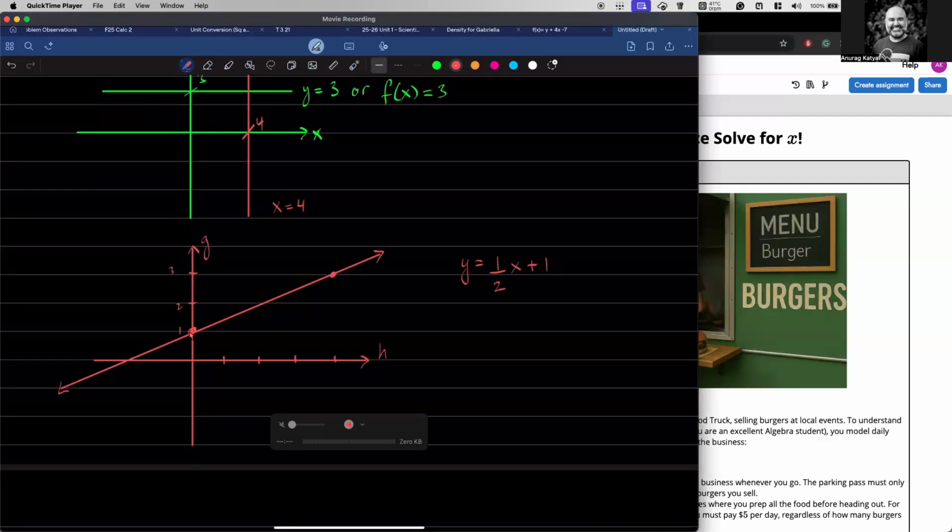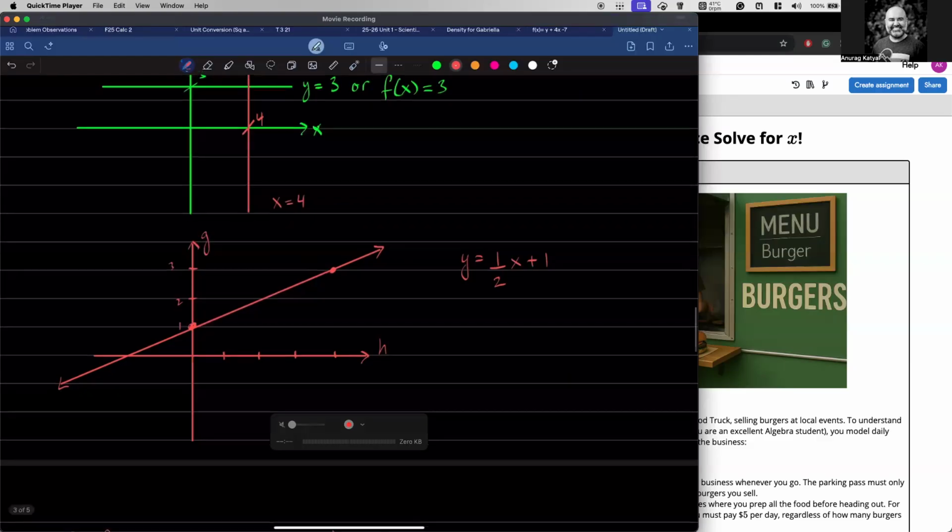And then for slope, can we do a little rise over run dance? So if we start here, how high do I have to go? How many units? 1, 2. 2 units up. Then how far right do I have to go? 1, 2, 3, 4. So what's the slope? Rise over run is, which simplifies to,